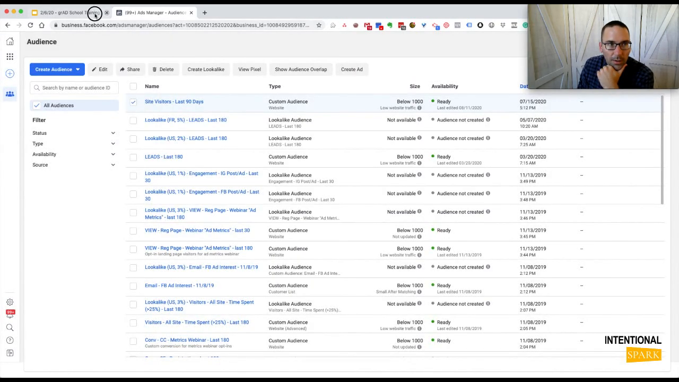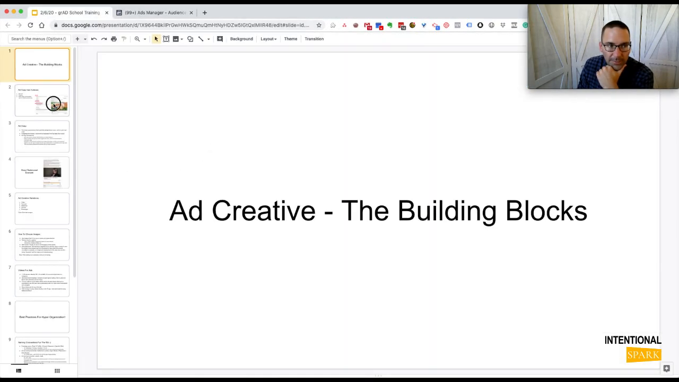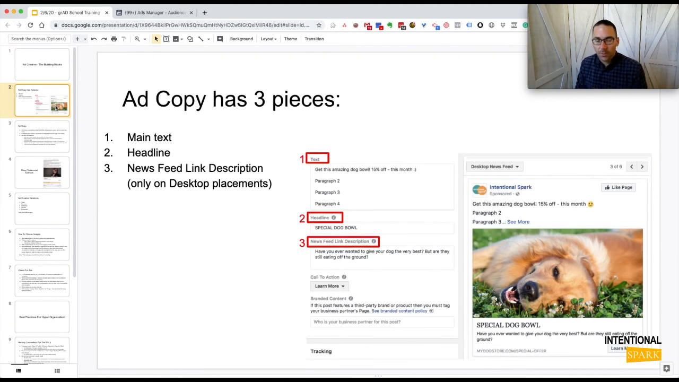Now, for ad creative, we want a couple pieces of ad copy, at least 2 pieces of ad copy. For this, we're going to look just at regular newsfeed images, but you could also do a story ad. Story ads typically don't have text. It's just the image. You actually need to put text on the image. But for a newsfeed ad, which you should be creating, you have the main text, a headline, the news link